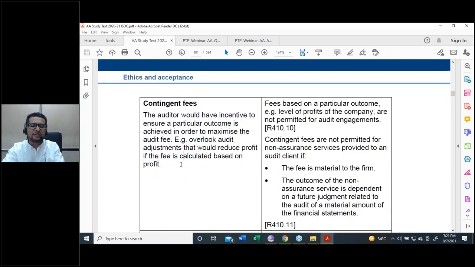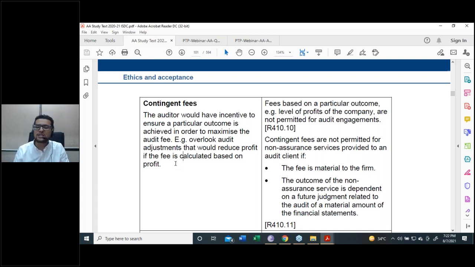Very important thing, which is called contingent fee. Contingent fee is an arrangement in which the client offers to the auditor that the audit fee should be based on, let's say, the net profit of the client. Let's say in accordance with the earning per share of the company. If the audit fee is based on a particular financial outcome of the company, this is not permitted, this is not allowed, this is strictly banned, because this will create a